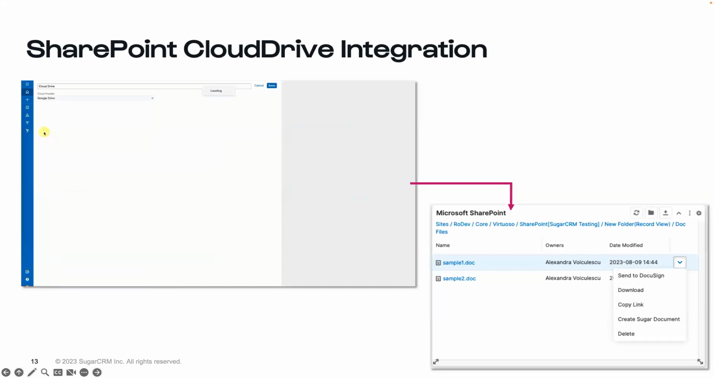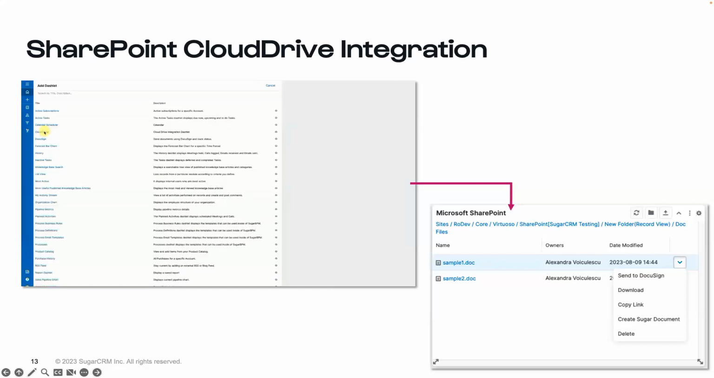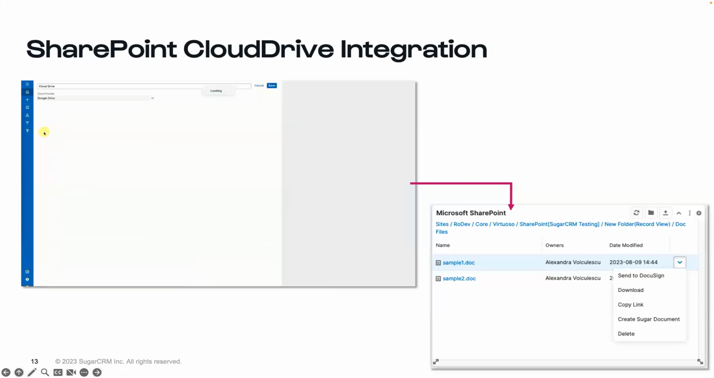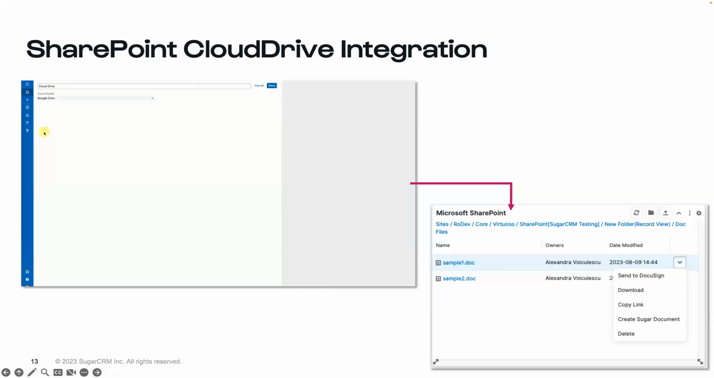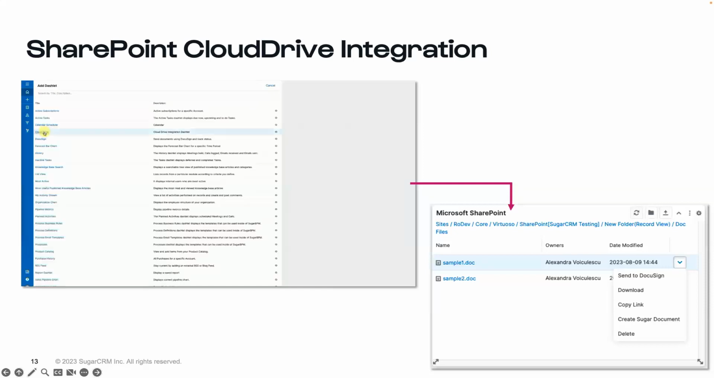All right, with that, we've had the Cloud Drive dashlet. We now have a new SharePoint integration for Cloud Drive. So we found that, obviously, previously it worked with Dropbox, OneDrive, and Google Drive. However, we heard from a lot of our customers that you all wanted to be able to integrate with SharePoint as well. So with 13.2, you are able to interact with your SharePoint files via the Cloud Drive dashlet from